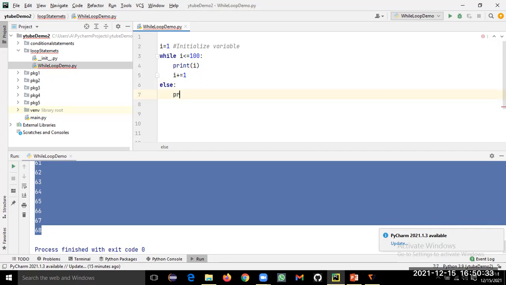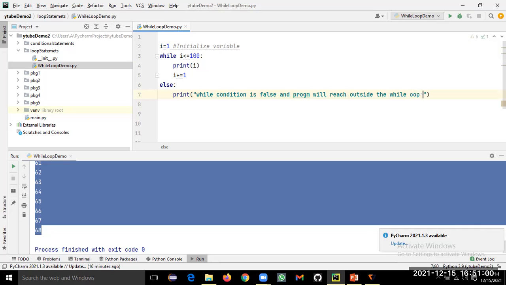So here print: while condition false, so program will reach outside the while.